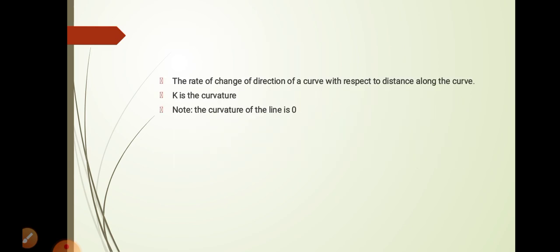So we have the rate of change of direction of a curve with respect to a distance along the curve, wherein the key is the curvature, and note that the curvature of a line is equal to 0. So there are several formulas for determining the curvature of a curve. So we have